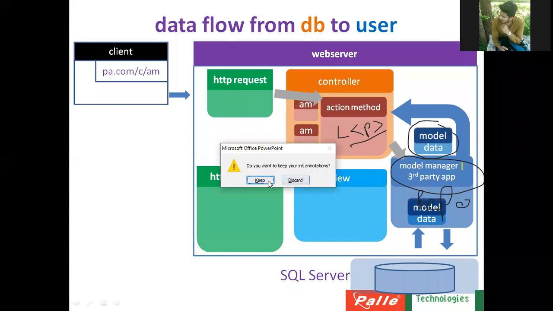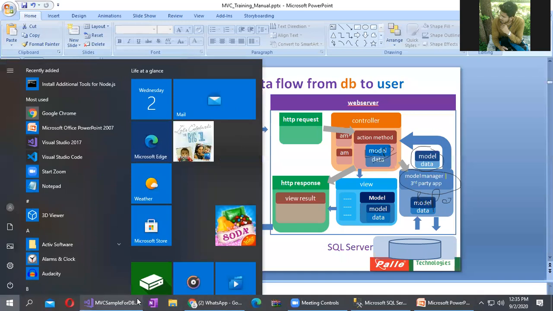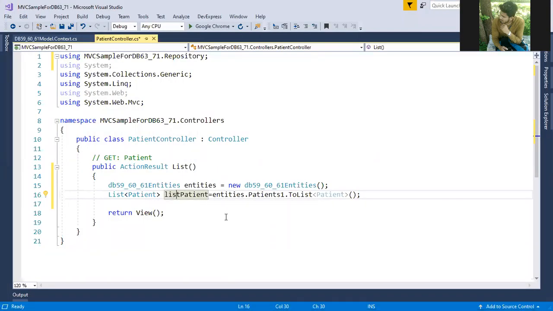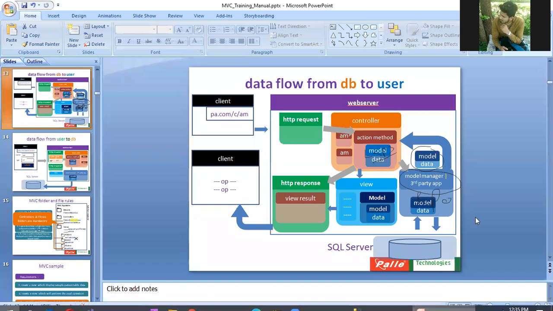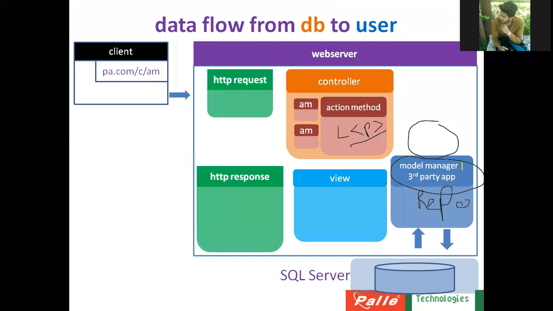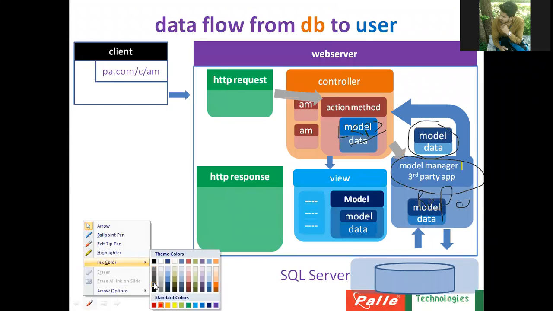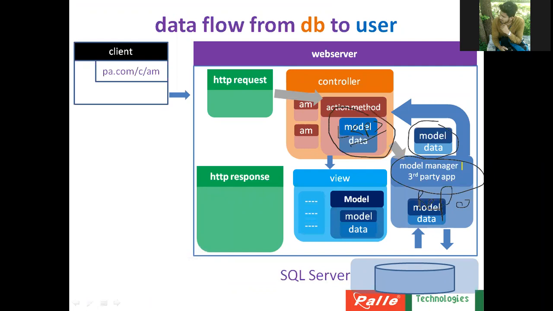If you want, you can observe here. Go to the code. Here I am getting the list of patients. Now tell me what is my next operation? What is my next task? Once I get the data into my controller's action method, tell me what is the next step. Once I get the data here, I must send that data to the view. Correct? As per this diagram only I am talking. I am not explaining anything else. So I must send the data to the view.